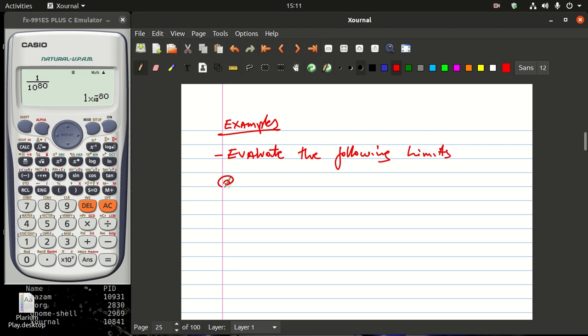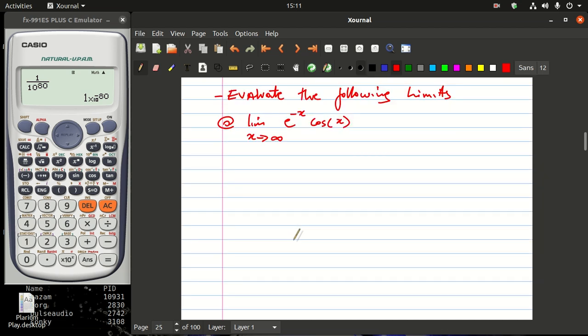So the first limit here is saying that you have the limit as x approaches infinity of e to the power minus x times cosine of x. I'm going to give it some space so that we can rewrite, and then the second one is going to be here. We will have the limit as x approaches infinity of x squared minus 2x plus 3 all over